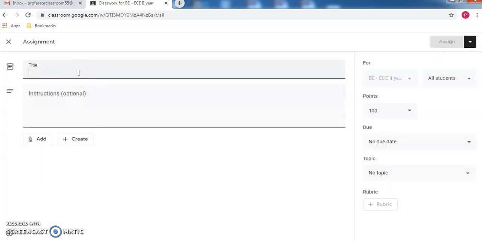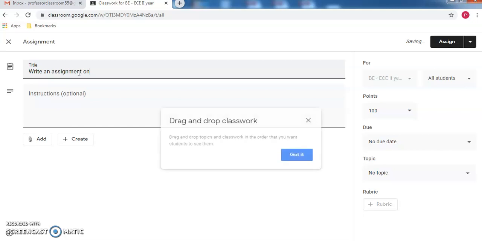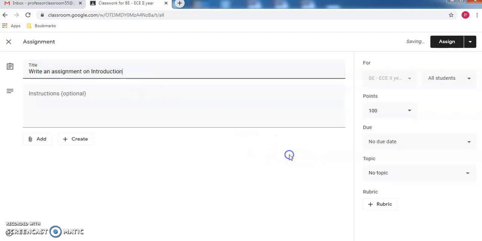So you can give a title to the assignment. Write an assignment on. So these are just basic things, like not too technical.